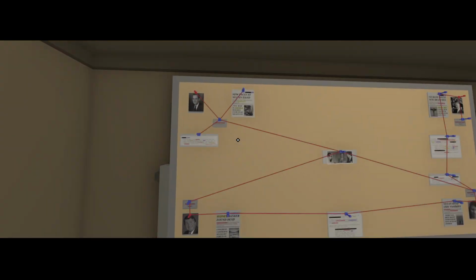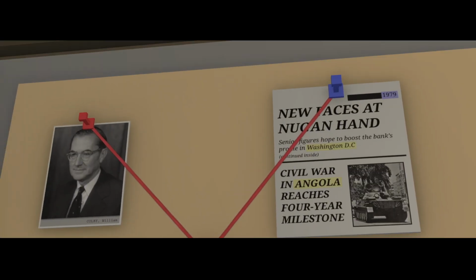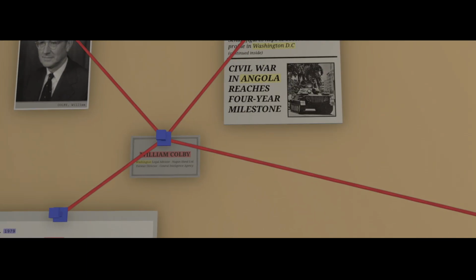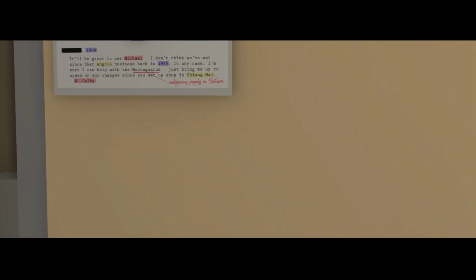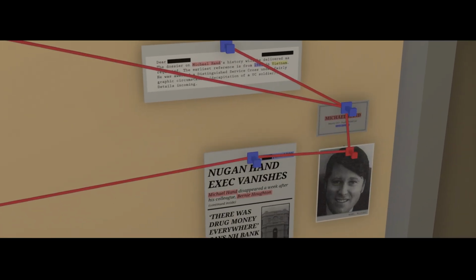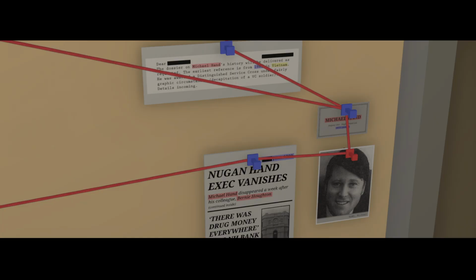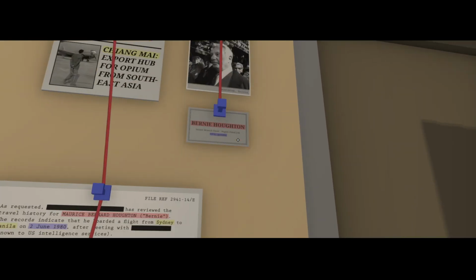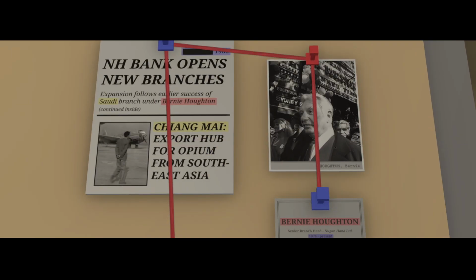Okay. So now, who do we want to investigate? Colby. Here, let's go on Michael Hand, because he vanished a week after. Wait, a week after Houghton. So let's look at Houghton.